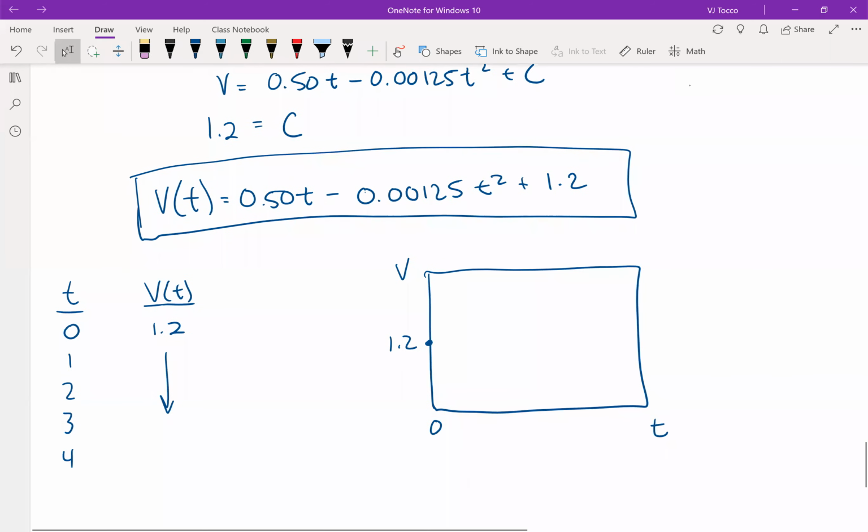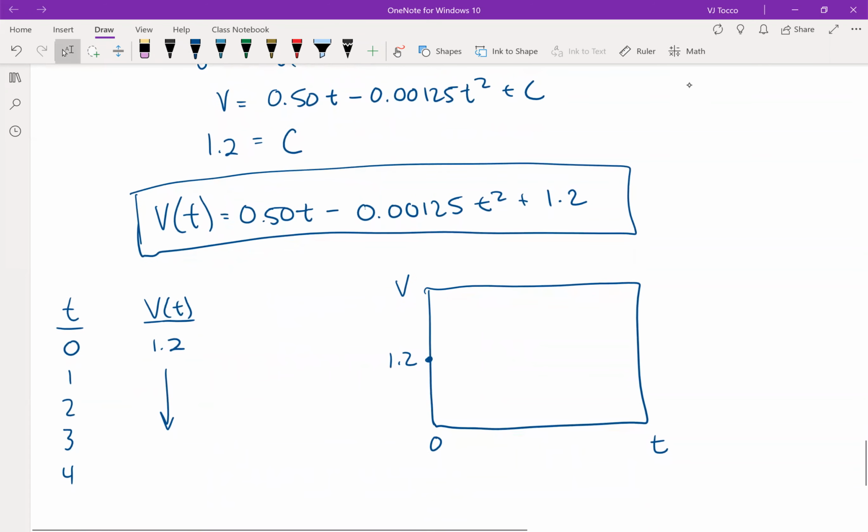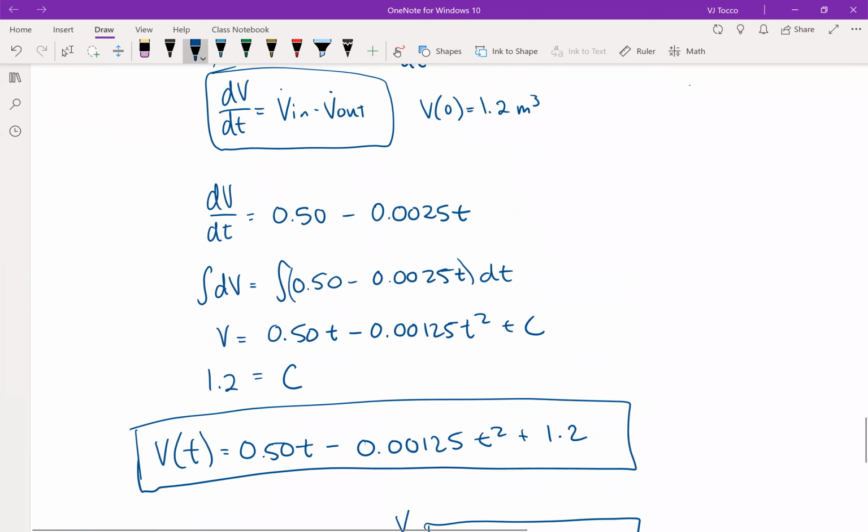Well, remember from calculus that dV/dt you can think of as the slope of the curve at any particular time t. So for instance, at t equal to 0, my slope dV/dt is equal to 0.5. So my first initial slope is going to be up and to the right. But as I continue moving